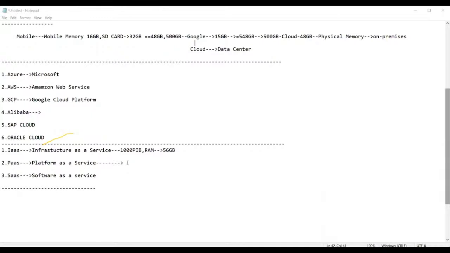we require some other operating system. That is called Mainframes. Mainframes is an operating system from IBM. So you need not buy the license of this. You need not worry about the operating system. Simply you need to inform your cloud provider Azure that you require the mainframes operating system.